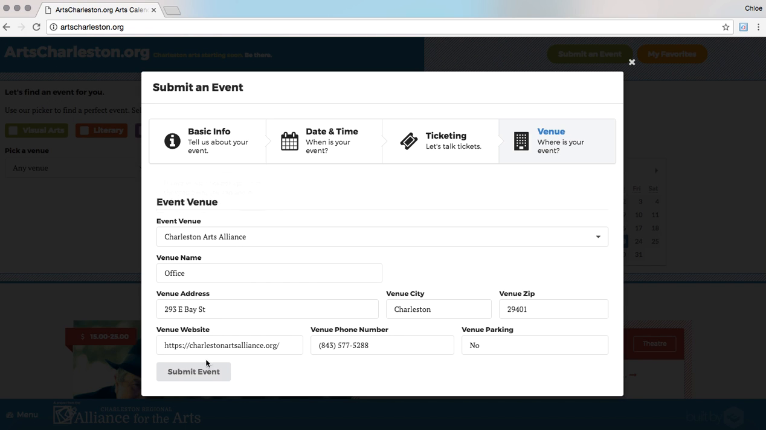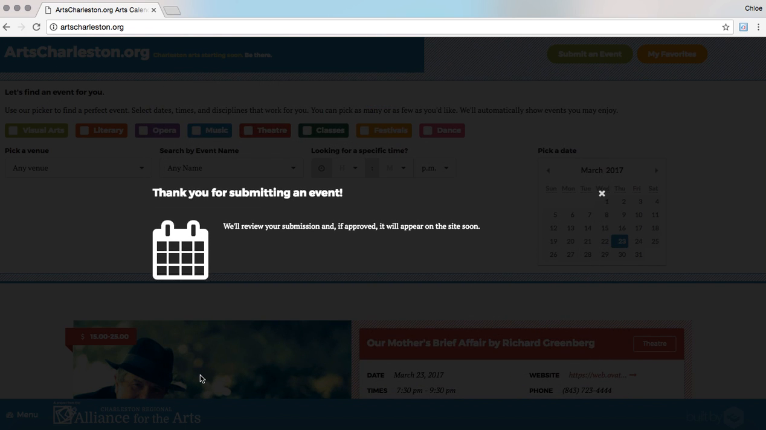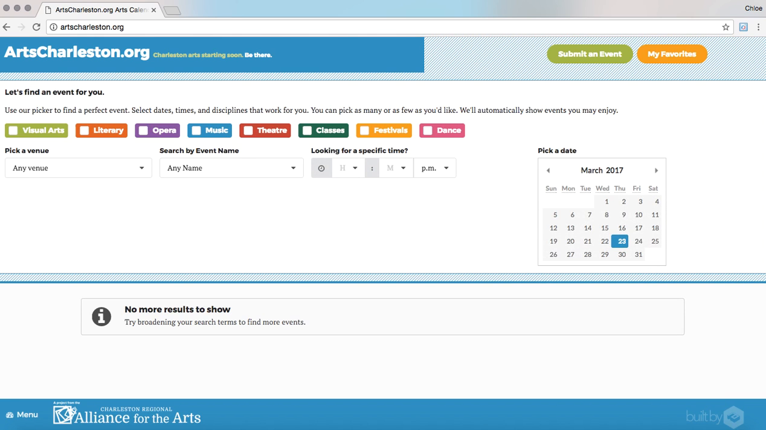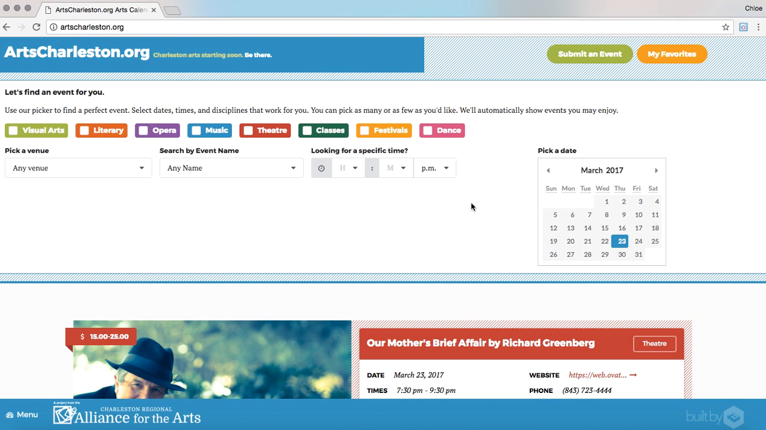So when you're done with that, you go ahead and submit the event. And while your event won't show up right now, if you were to refresh the page, it will be confirmed within 24 hours by someone on the Alliance team. And if it's not, just go ahead and shoot an email to